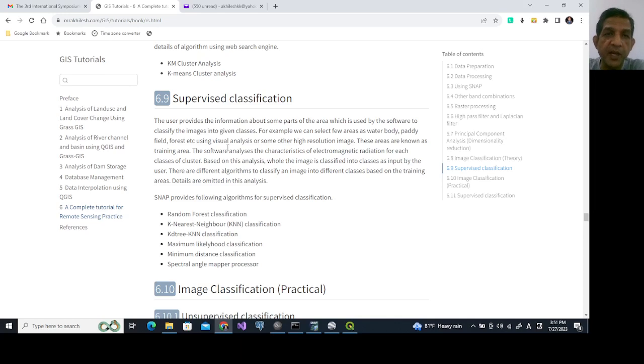Now let us talk about supervised classification. So in case of unsupervised classification, the software produces different classes by itself. But in case of supervised classification, we give some known area as training area and then ask the software to classify based on the training area provided. So there are several classification algorithms, and we need to refer to the corresponding references to find what is the meaning of these classification algorithms. So I am not going to talk about the classification algorithms here,